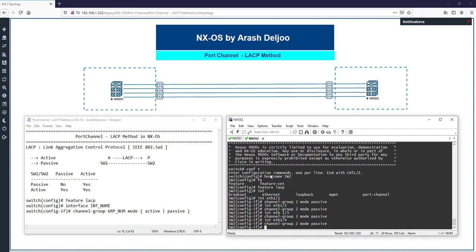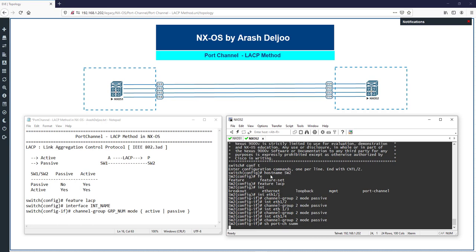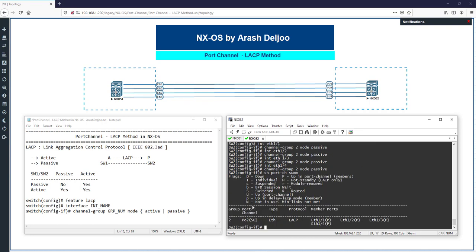After that, in NXOS2, show port channel summary. Look at here. In show port channel summary, we can find this is the port channel 2, and port channel 2 now is in up state, SU. The type of this port channel is Ethernet, the protocol is LACP, and all of these ports now are up. The last command we can use for monitoring the port channel is show port channel